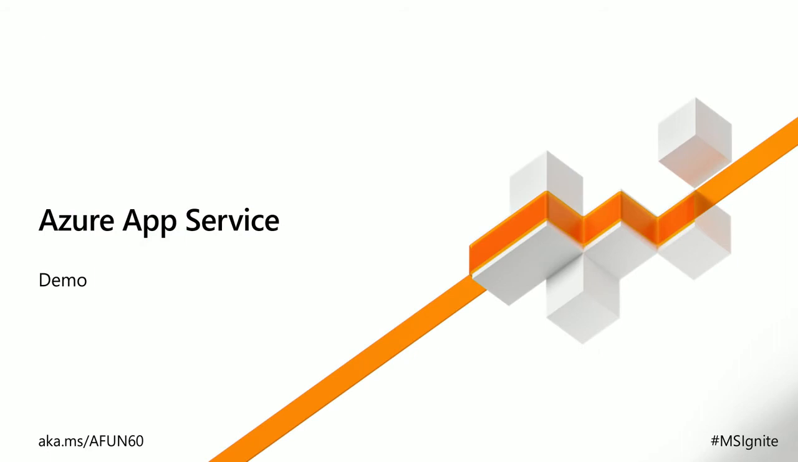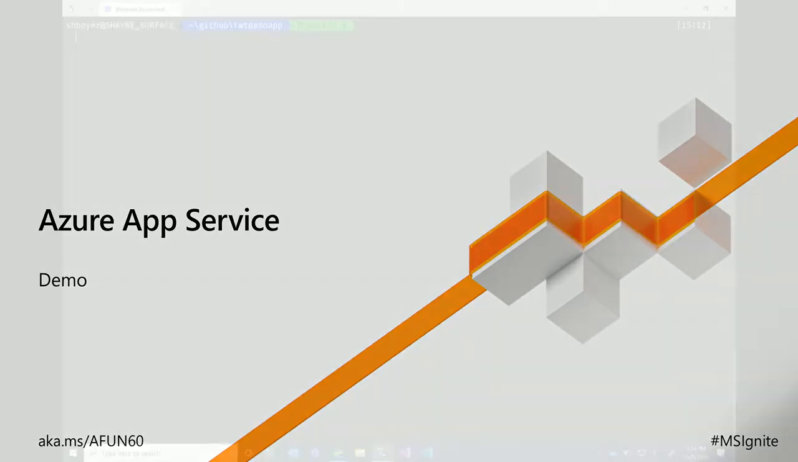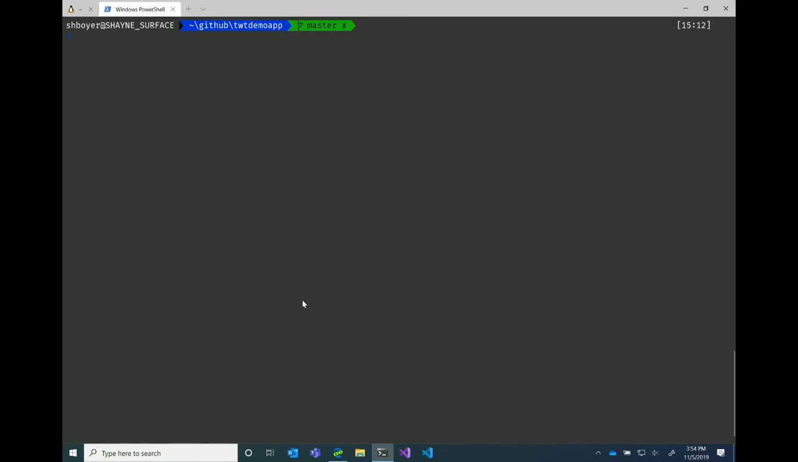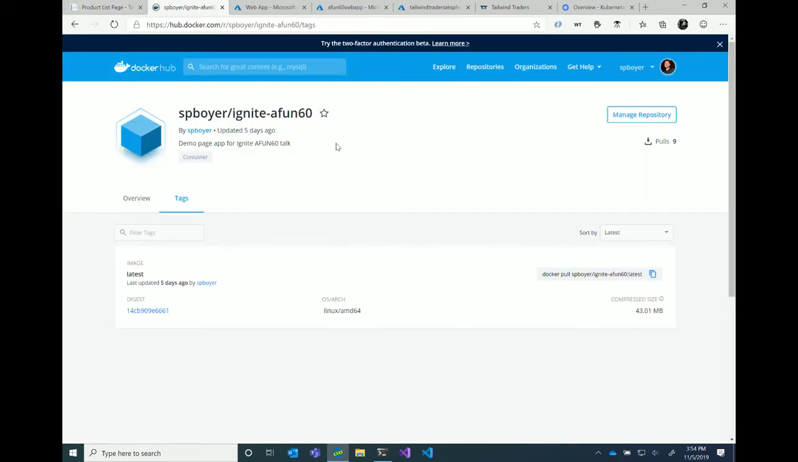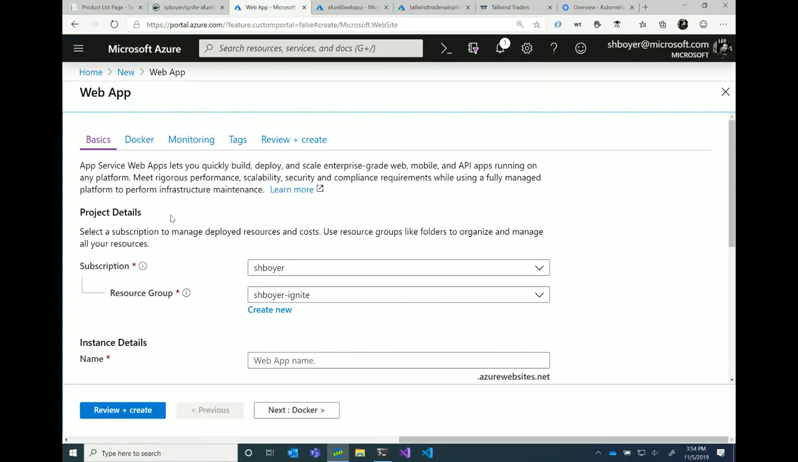So let me jump over to my other machine real quick. That needs to recognize my face. That is not the portal. So here's the application. I actually have this one running locally. And this is the container I built here. I've pushed it to Docker Hub as an option, but I also have tagged it and pushed it to Azure Container Registry. So if I go into the portal here,